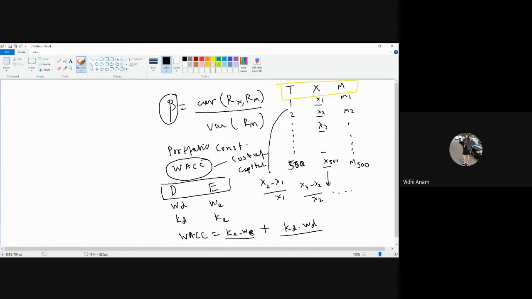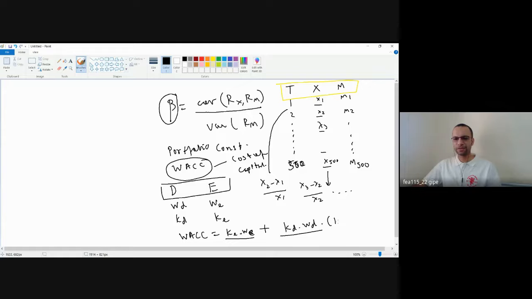Anything else which I have to add? Sir, tax. Isn't it post-tax cost of debt? Absolutely. Very good. So it should be 1 minus T. Debt provides a tax shield, so that's why the 1 minus T component is something which you require for the debt portion. I deliberately dropped the taxation part, just checking if you guys remember, but good. Let's say T is my corporate tax rate. So by combining these two, I have my weighted average cost of capital.